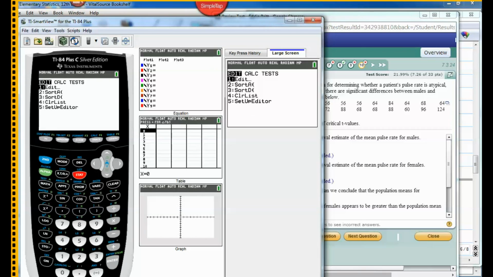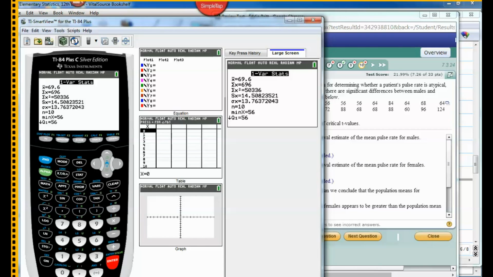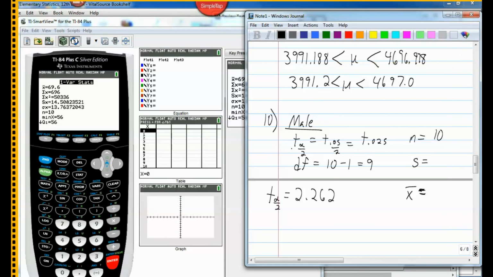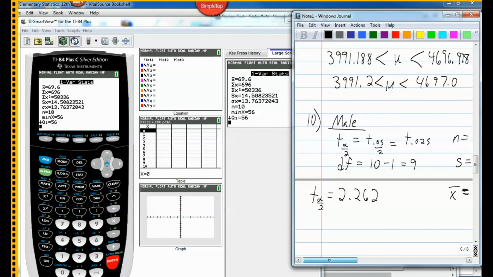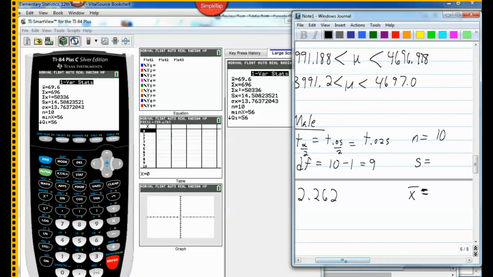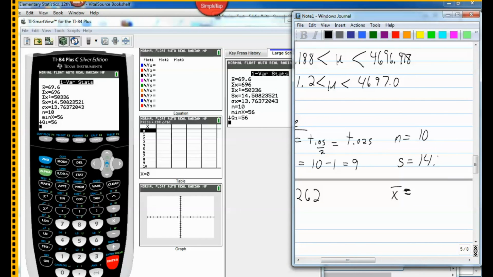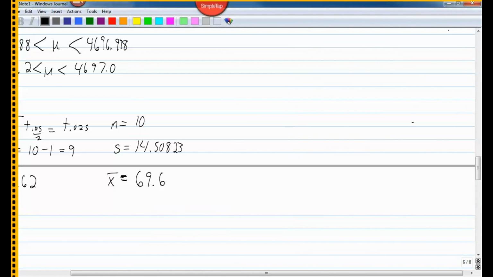I'll go to Stat, Calc, one variable statistics, and that is for list 1. All right, so this is the data for males. So my sample standard deviation, I'm going to carry this out a couple places, is 14.50823, and my mean is 69.6. Okay, so I'm going to use that to help me figure out